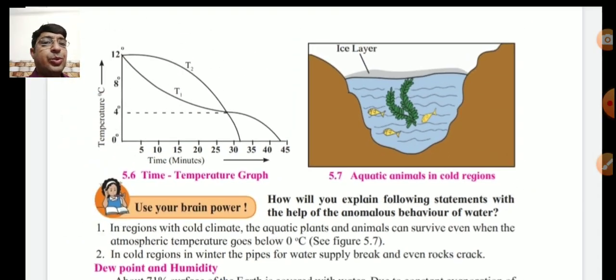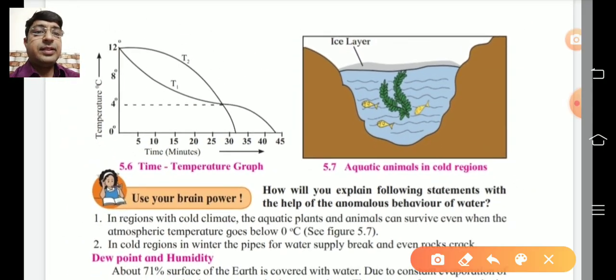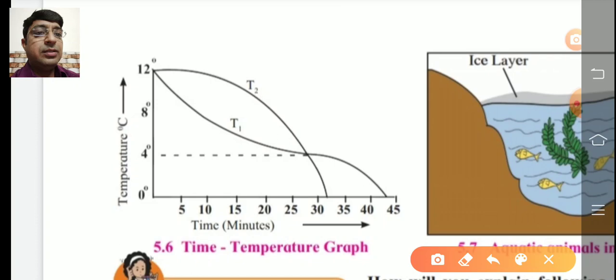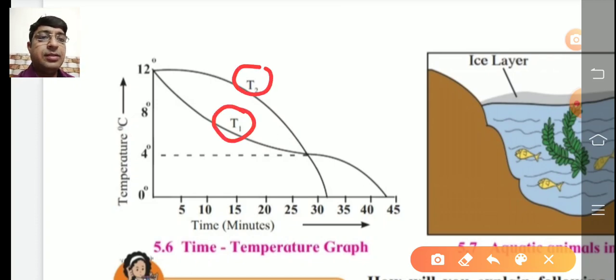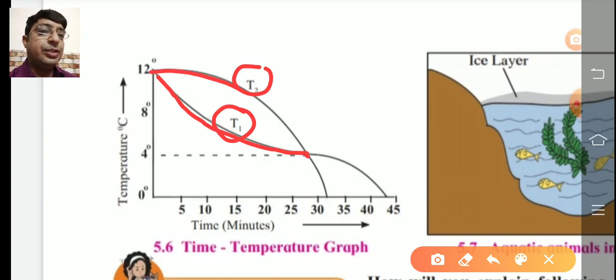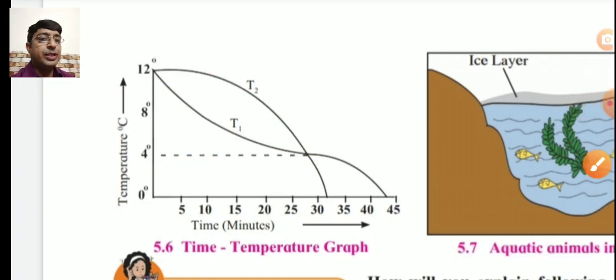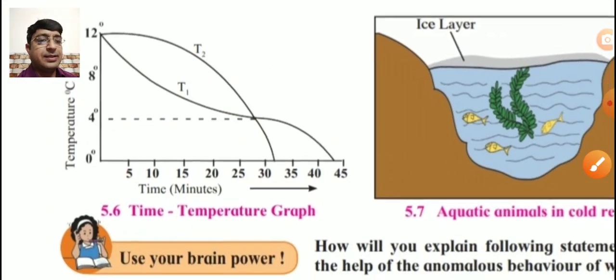So in this graph that is shown, check here. Which thermometers? Here the T2 thermometer and here the T1 thermometer. The T2 thermometer lowers the temperature first of all. The T1 thermometer lowers the temperature up to 4 degrees Celsius. It remains steady for some time. Then the T1 thermometer decreases its temperature, and this point is called an intersection. Where is that intersection? 4 degrees Celsius. And that's why water shows anomalous behavior at this temperature, between 0 to 4 degrees Celsius.